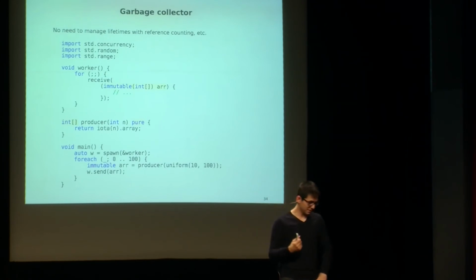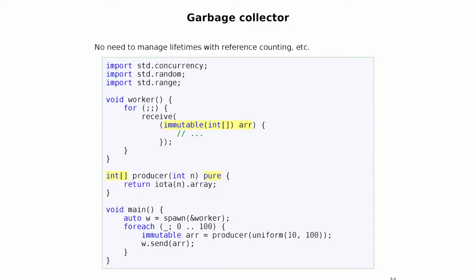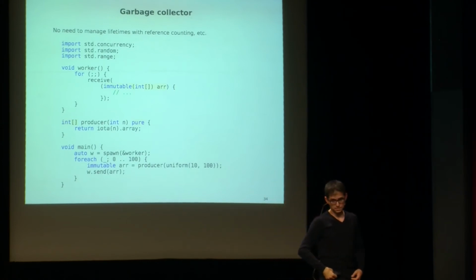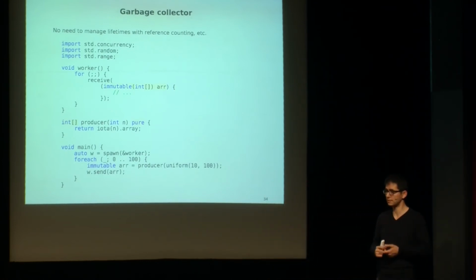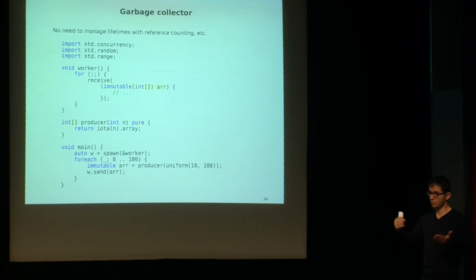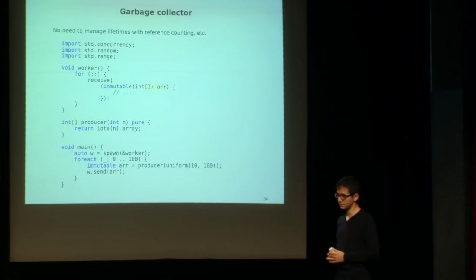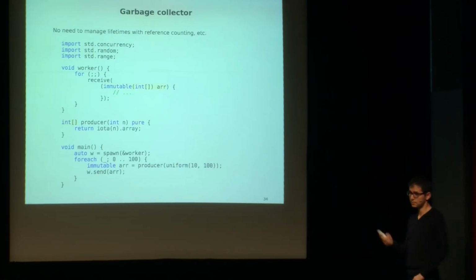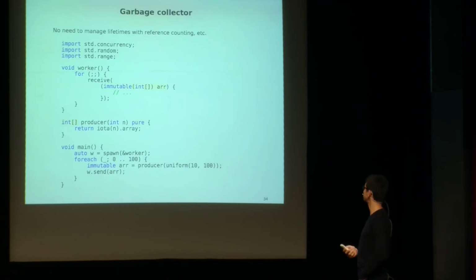Okay, this is an interesting slide after Andrei's talk. Andrei said the garbage collector must go, we should not have it. But interestingly, the garbage collector actually helps with multitasking. If you have multiple threads and you pass an immutable message into a worker thread, you don't need to take care of that array yourself. No reference counter needed, nothing. You don't need to know who owns it, how many threads are touching it. Once nobody touches it, it's collected by the garbage collector nicely. So this is one of the benefits of the garbage collector in multitasking.